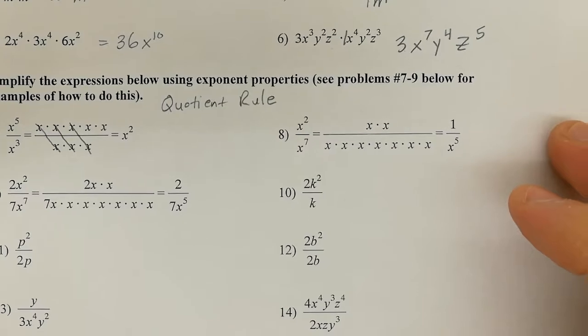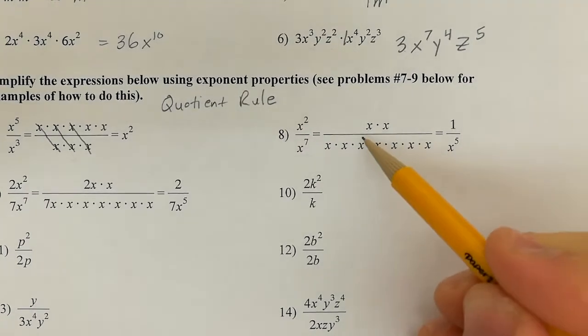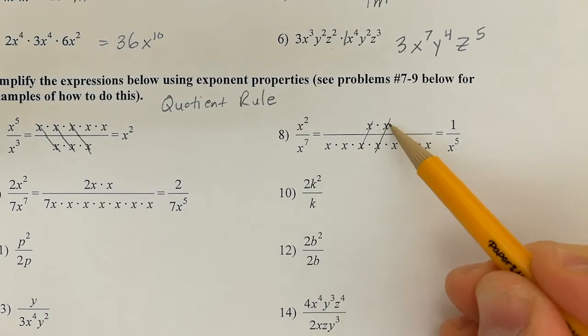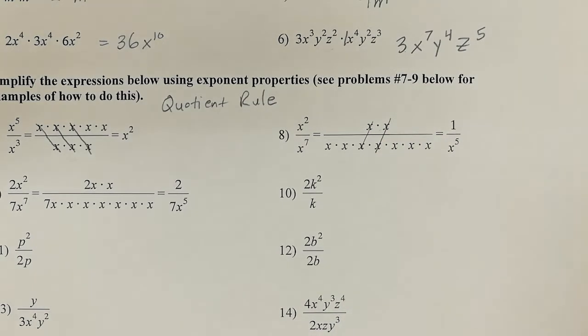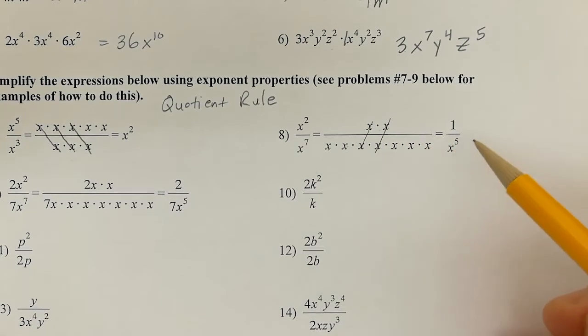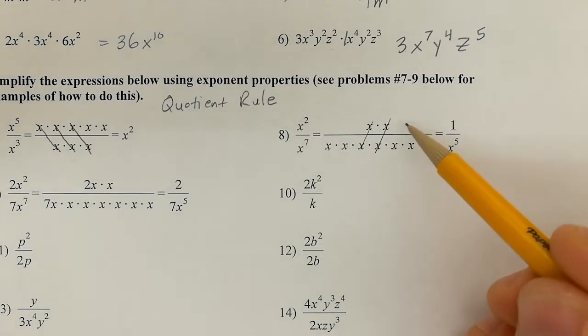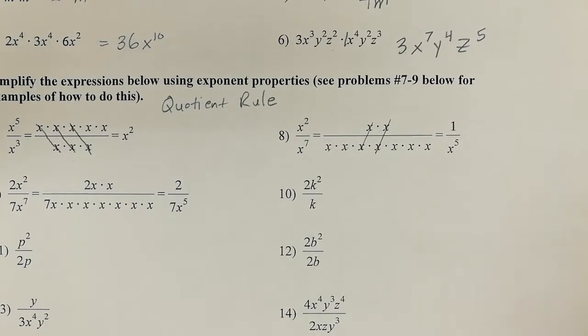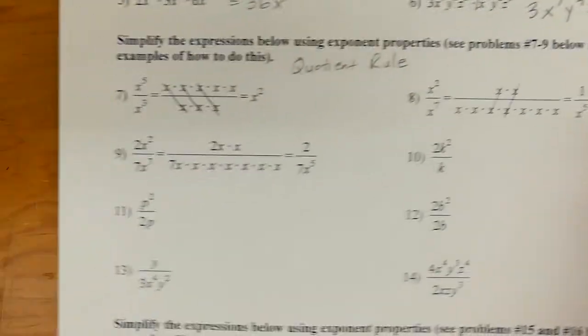Number 8, what if we have more x's in the denominator? Well, same deal. Expand it out. You can cancel 2 sets of x's here. You're left with 1, 2, 3, 4, 5 in the denominator. Now, this wouldn't just become x to the 5th, all right? You're left with something in the numerator, and really what these x's canceled out to is the number 1. Something divided by itself is 1, so that's where that 1 comes from, all right? Number 9,